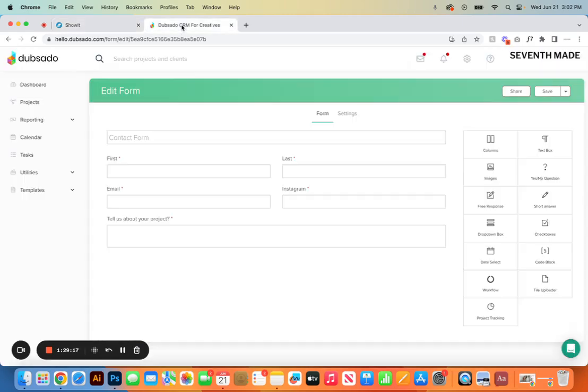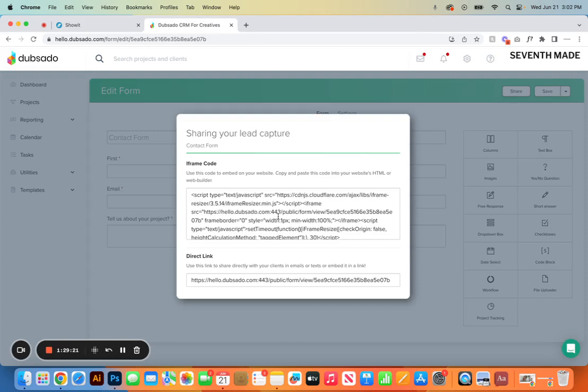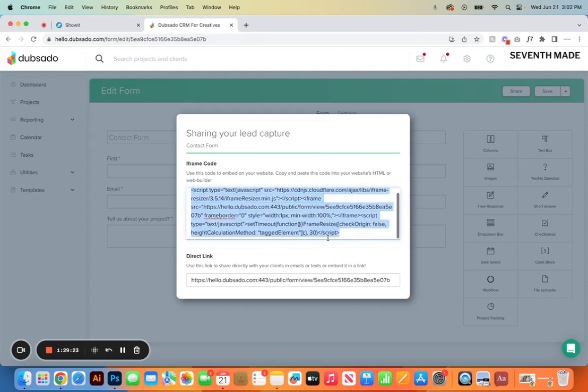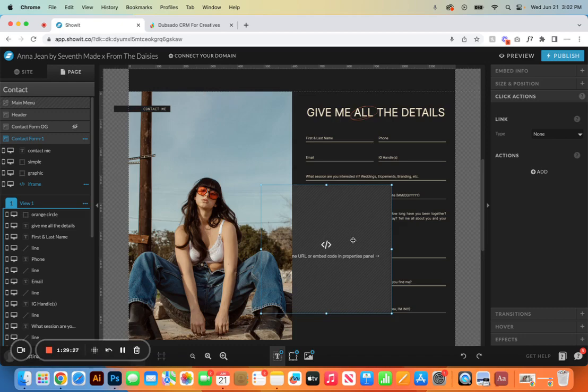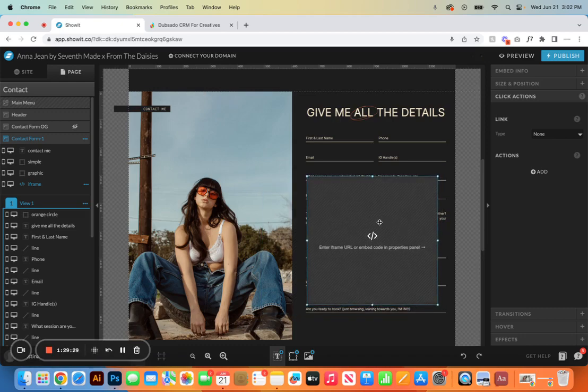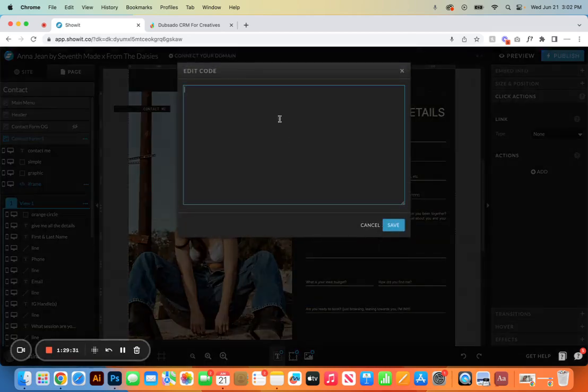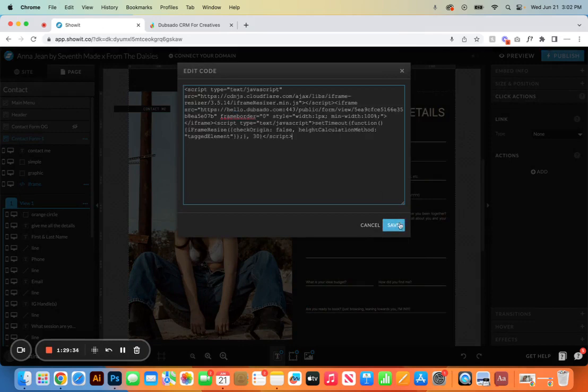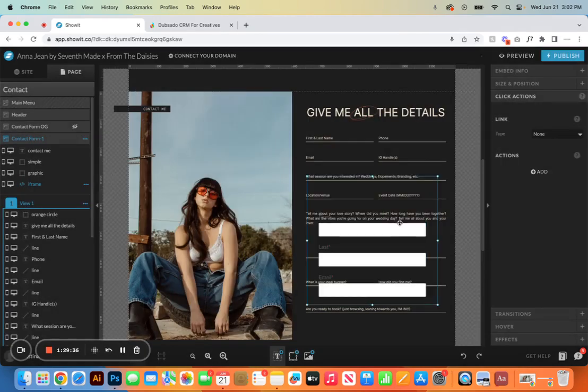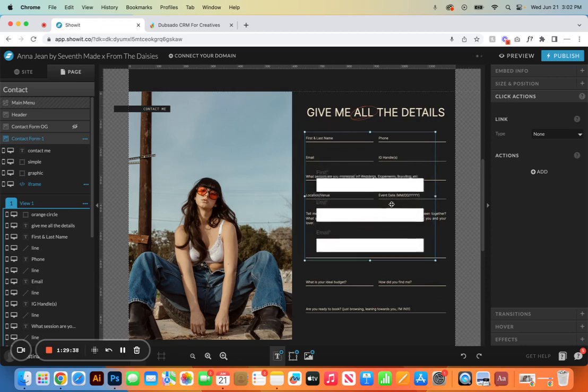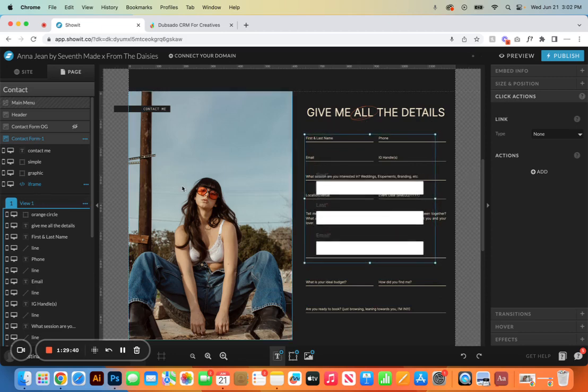I'm going to go to Dubsado. So I have our contact form pulled up. I'm going to click share and then copy this code. Go back to the contact page, double click the embed code, and then paste the form here. Now that we have our form in here, we can actually delete